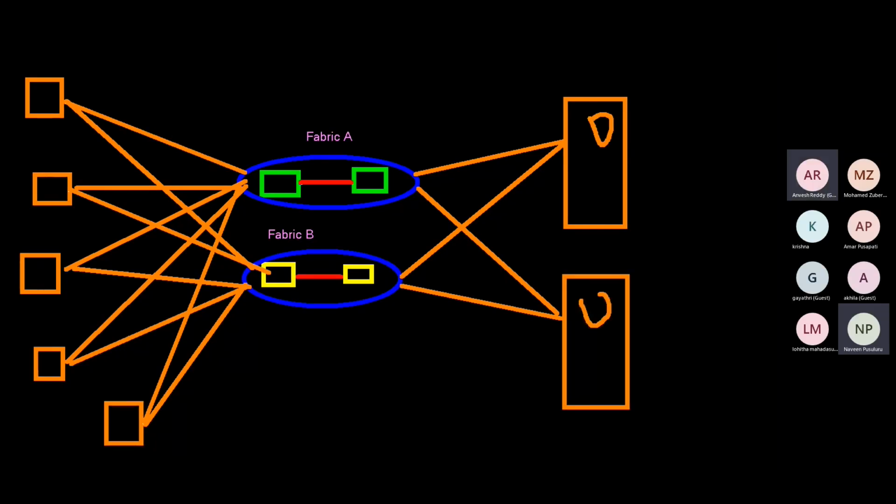I can present storage from this server to all the servers, right? For example, I ran out of space on all these servers. What I can do is buy one more storage, connect it to my SAN network, and start presenting storage from that particular device as well. So switched fabric is the best network where you can connect